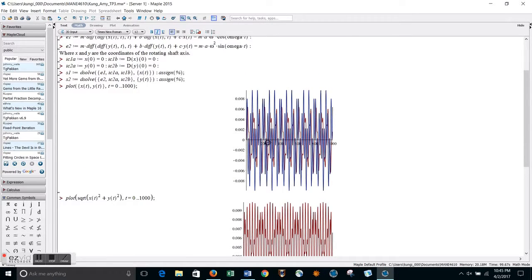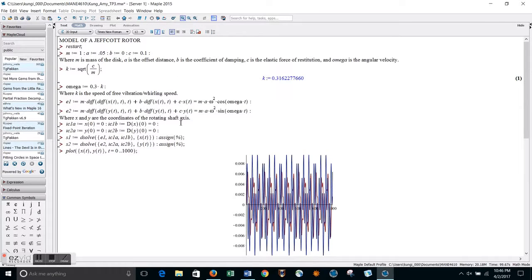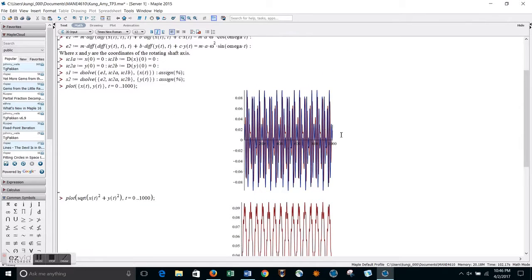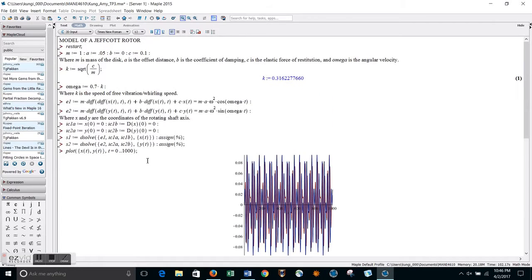Motion is about as stable as it gets for an undamped system. If we look at 70% of k, we get pretty much the same thing. Nothing too interesting. However, when you run it at 90% of k,